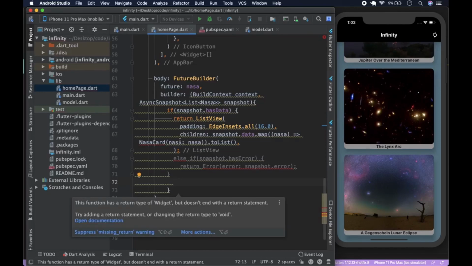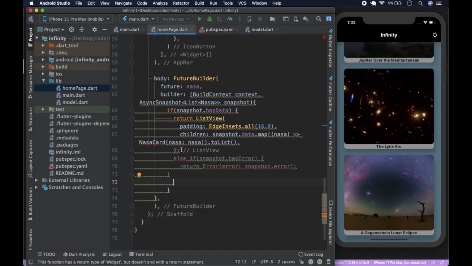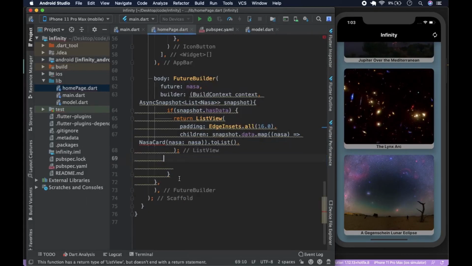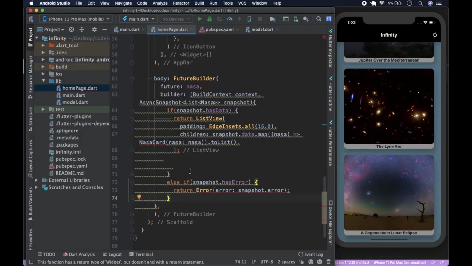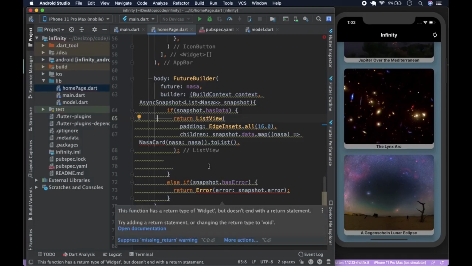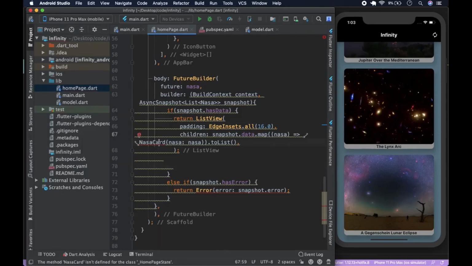Wait, the list view. Okay, I see the problem. Let's just cut this, hit cut, come here and put it here, like so. Oh, okay. So yeah, and after that we have an else